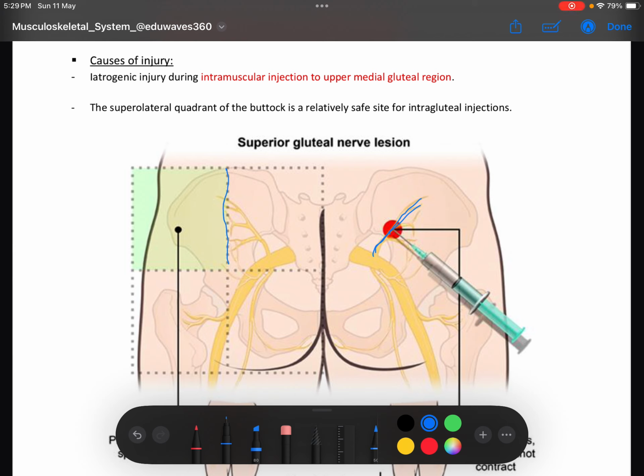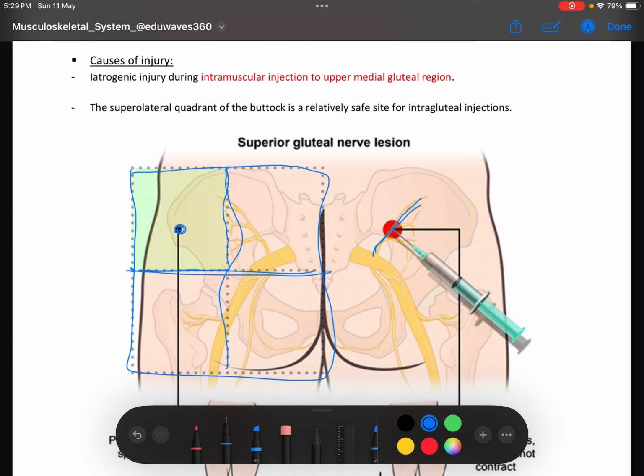Very easy. We have to divide the buttocks into 4 parts like this. Okay, 4 square boxes. Then we have to give the injection in the superior lateral quadrant. Okay, this is the superior and lateral quadrant. In that quadrant we have to give the injection exactly in the glute, because if any person got injections